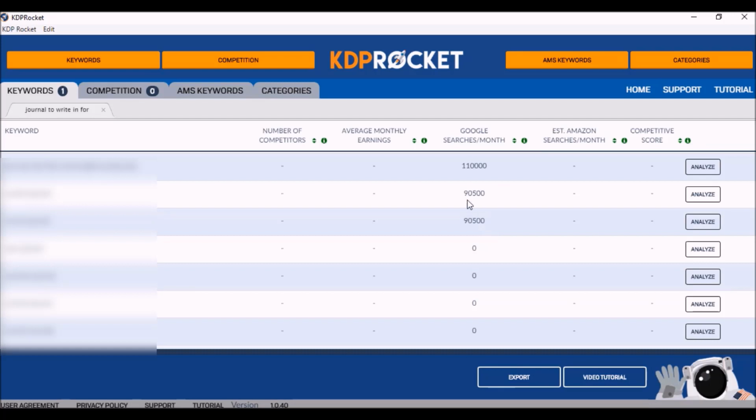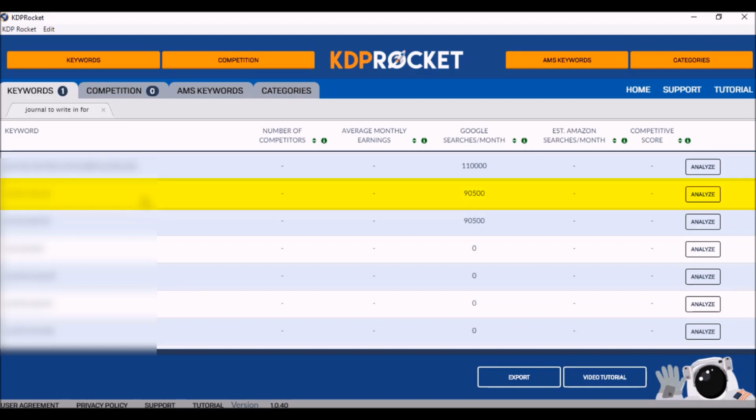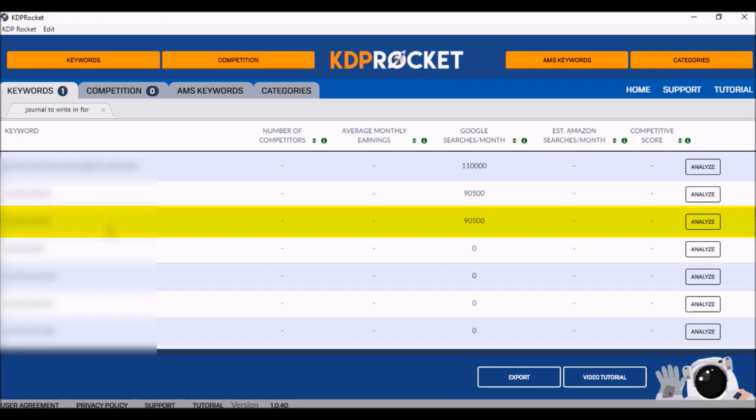So here we go. 90,500 Google searches a month for this particular keyword. Now obviously you can't see it, but this keyword and this keyword are all the same. They're just spelled differently because again, it's based on people's searches. So I'm going to click Analyze, and you're going to see this one right here has 90,500 Google searches a month,